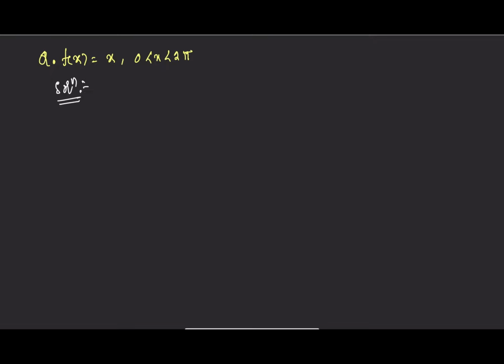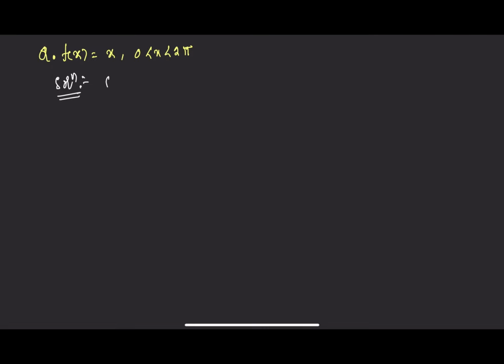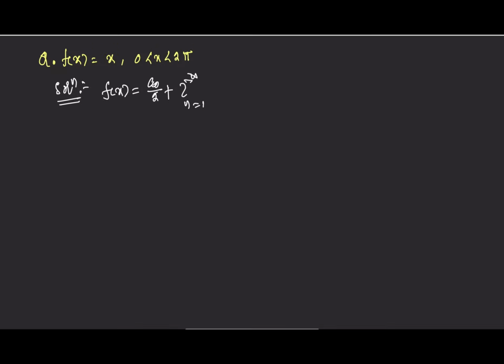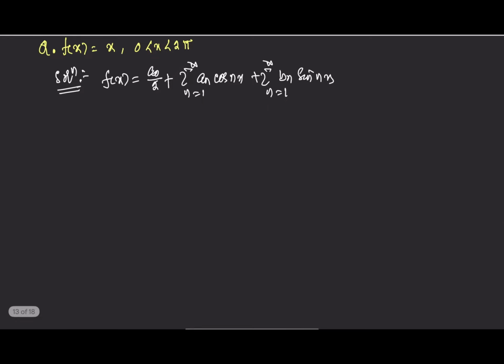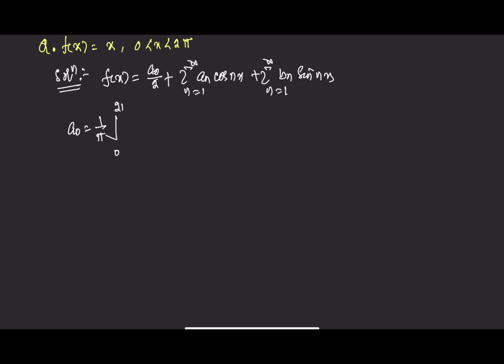In this lesson, we will do some examples of Fourier series. Okay. First question is, we can write f of x equals to, we know the Euler's formula for a0, an, and bn. That is, a0 equals to,